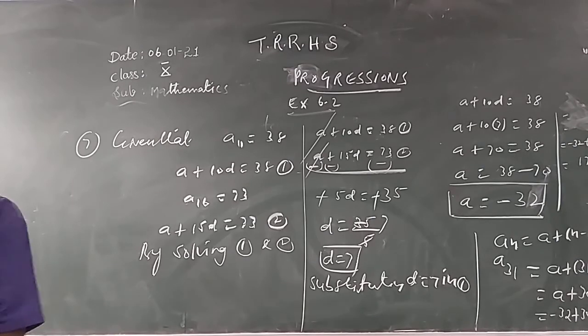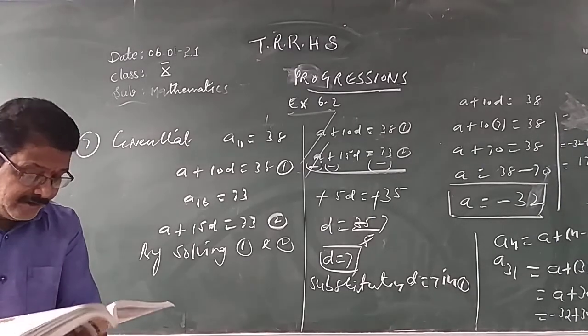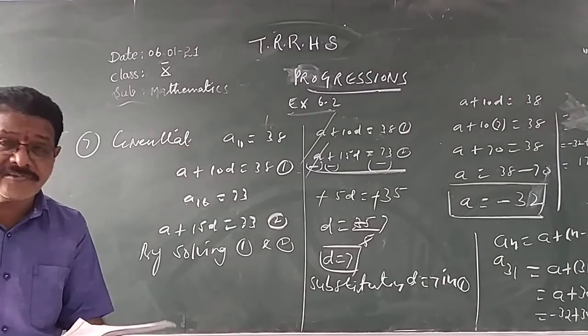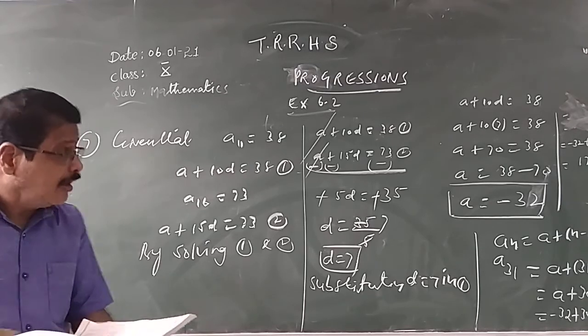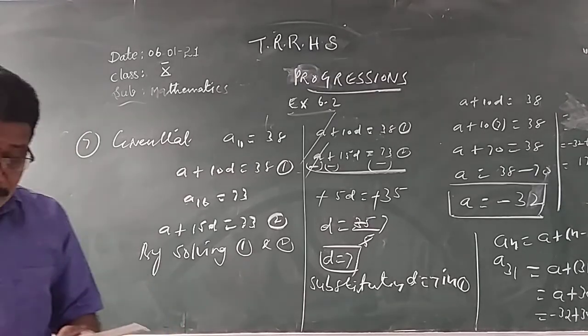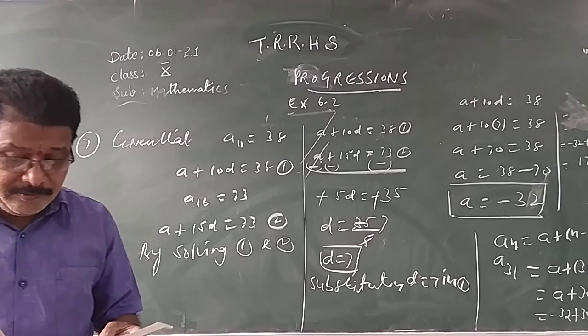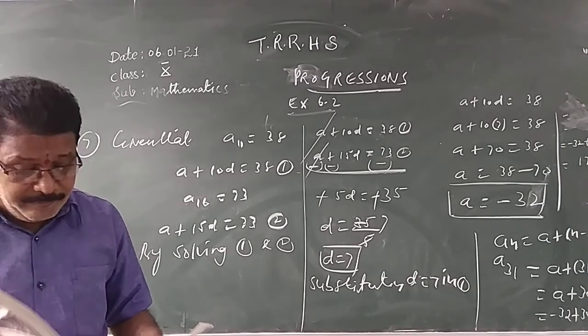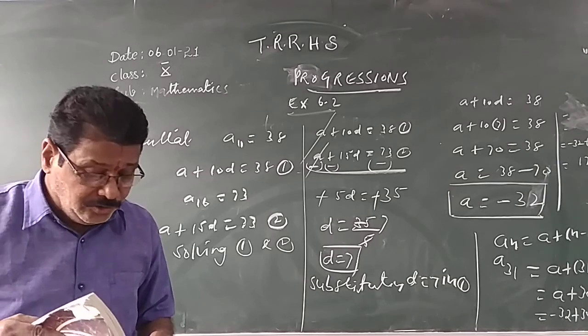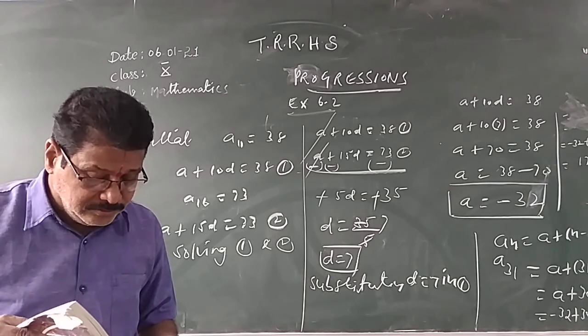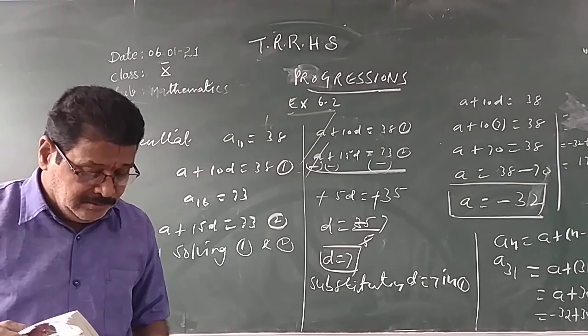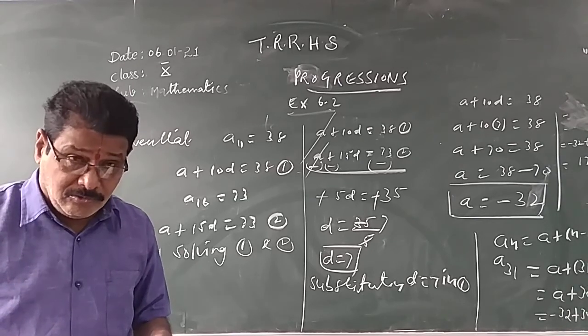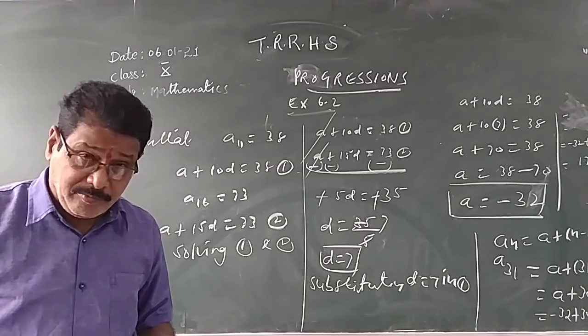I hope you clearly understood, children. Okay, in the next class we will see the next problems. Up to 7 problems I did. You do the 8th problem. The 3rd term is given, the 9th term is given. Which term of the AP is 0? You do it, complete the 8th problem. Tomorrow we will discuss the remaining problems in the next class. Thank you.